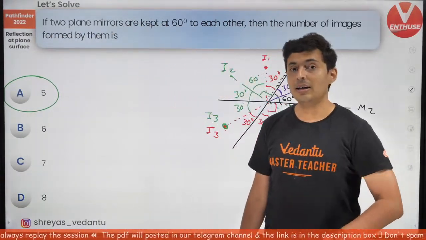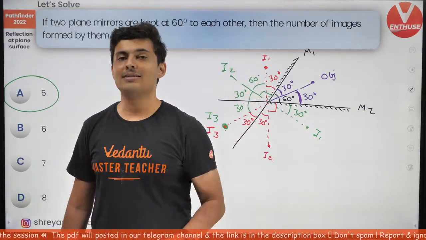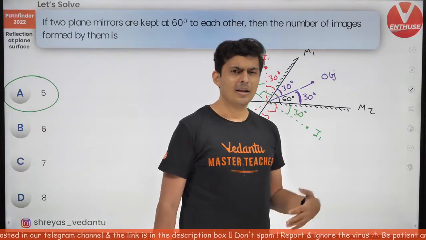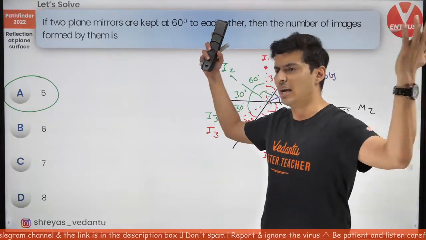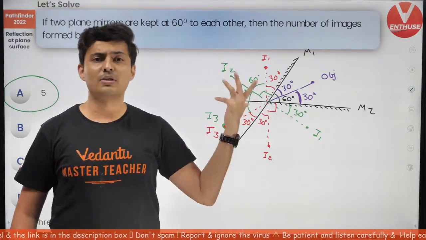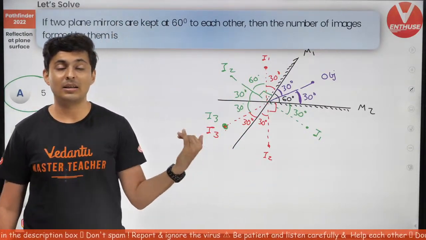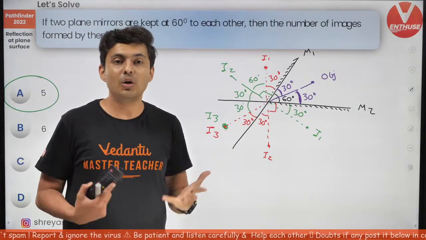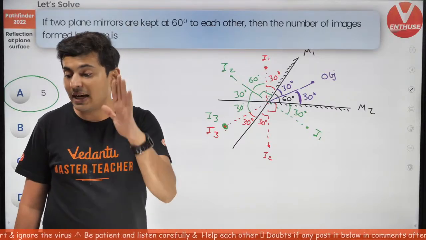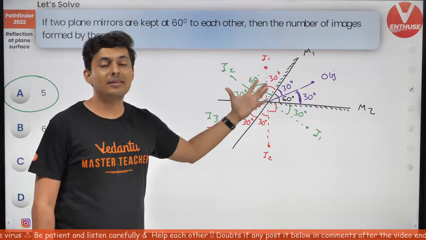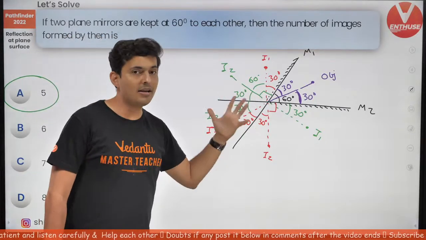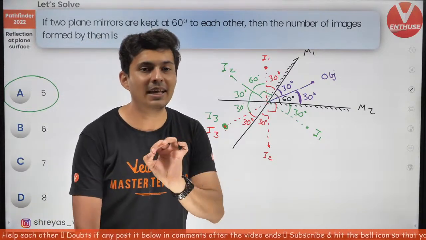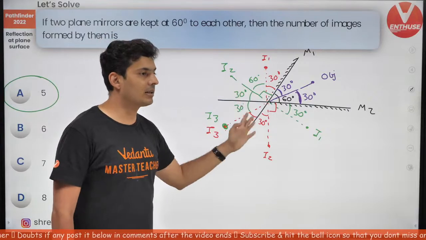Using the formula is simple only for certain angles. There are different cases, different formulas. I know many of you might remember 360 divided by theta minus 1. Sometimes it is 360 divided by theta minus just by theta. Sometimes it is not minus 1. So, you know, it might be confusing. It's better you understand this procedure because right now while explaining I am taking time. But if you give this problem to me, I will take not more than 20-30 seconds. I will solve it quickly.